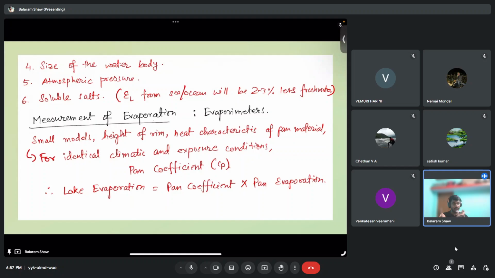Okay, let's move on to the next question. The question is: the chemical that is found to be most suitable as a water evaporation inhibitor. Water inhibitor, as in which will reduce the evaporation. Can you tell me? This is not mentioned in the lecture, I guess. Any chemical that you know that is most suitable as a water evaporation inhibitor, anyone? We generally use cetyl alcohol for that. So the correct answer will be cetyl alcohol.